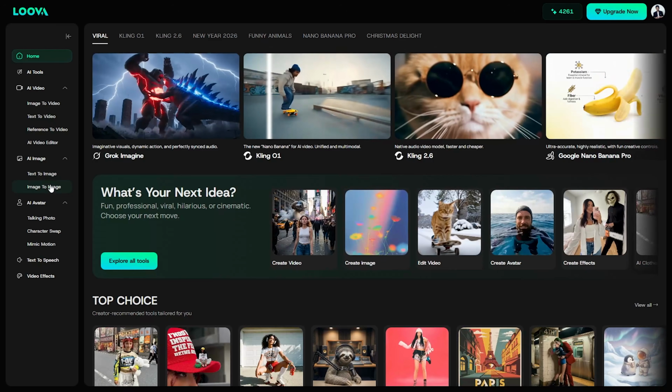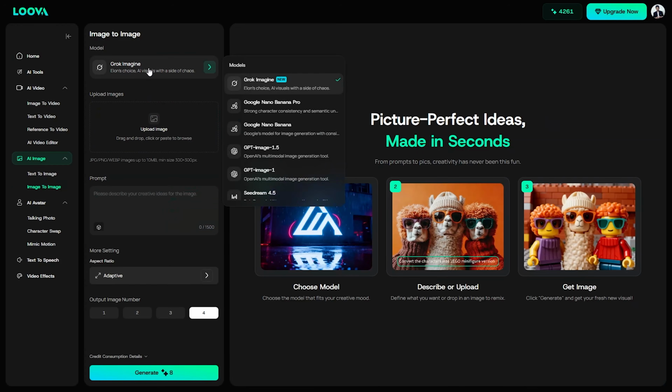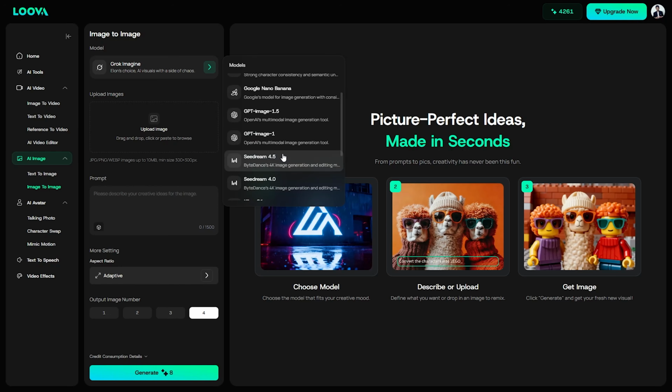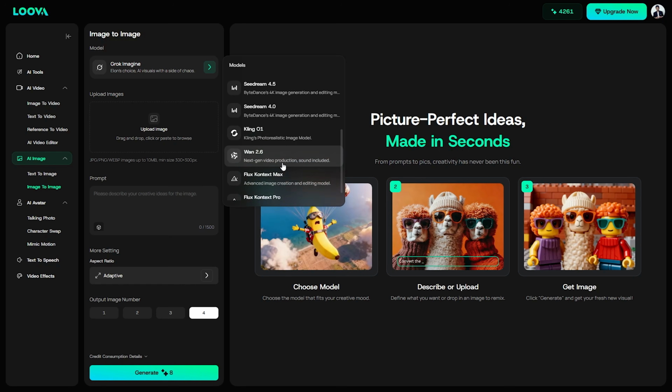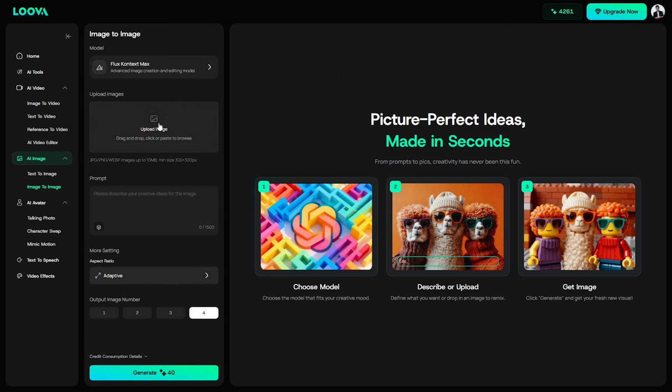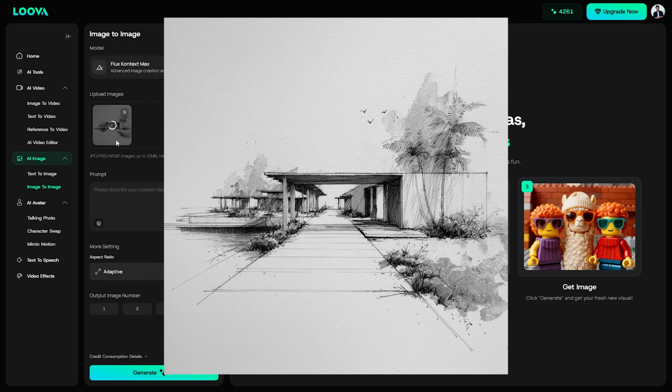Let's begin with the first tool, which is Image to Image. This is where we can use an image as a reference and create variations from the same. We can choose the AI model from this option, and Loova AI comes with an extensive set of AI models to choose from. We have almost all the major AI tools, ranging from Kling AI, Seedream, Flux Context, and Nano Banana. On the next tab, we'll have to upload an image, and to begin with, I'm using this reference image,